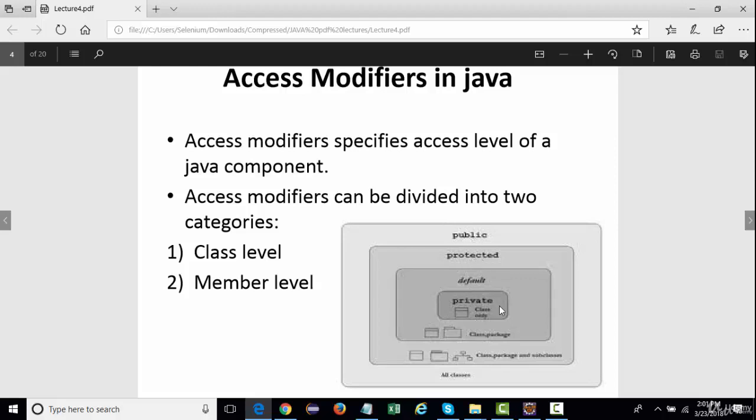And if nothing is defined, then Java treats the class or the data member or the method by default as having a default modifier. Now, access modifiers can be divided into two categories. One is at the class level, and the other one is at the member level. Member, as in the data members, your variables, your methods, right?